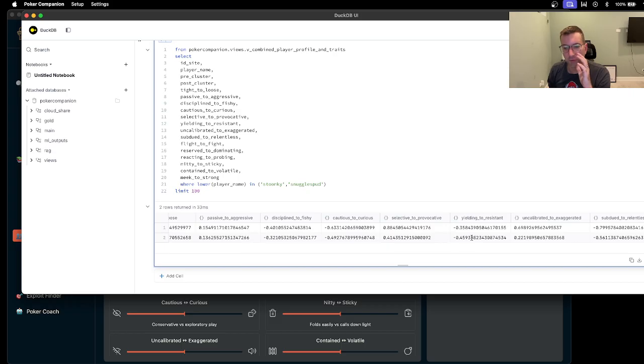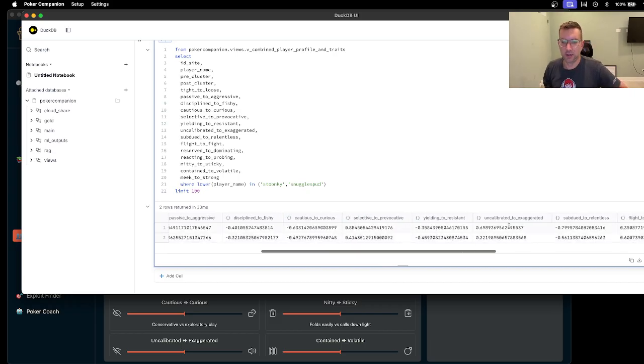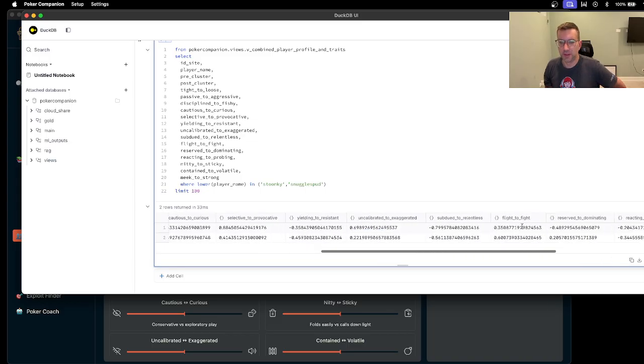I will fold a little bit more to 3 bets and the like. I'm going to be a little bit more calibrated. I'm not looking to steal quite as much from these later positions. He is very much on the uncalibrated side, it appears, at least based on the amount of hands that I have on him. He's looking to steal a lot. And then as we move post-flop,